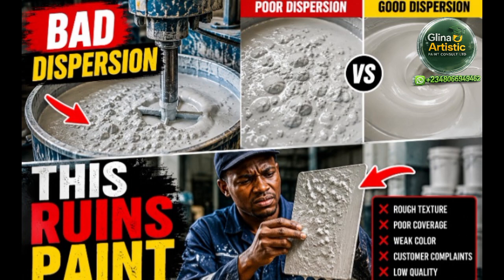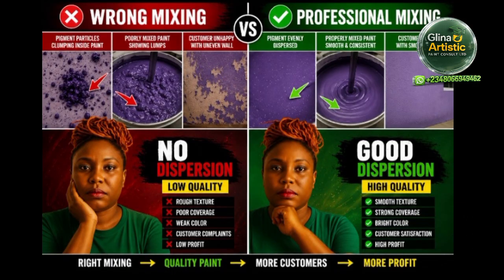Because if your dispersion is wrong, everything after that starts failing. Here is what really happened. Many people pour everything together randomly without understanding dispersion. Some mix too slowly, others don't break down pigment particles properly, and this is where most paint manufacturers get it